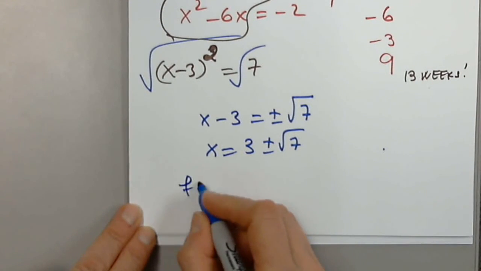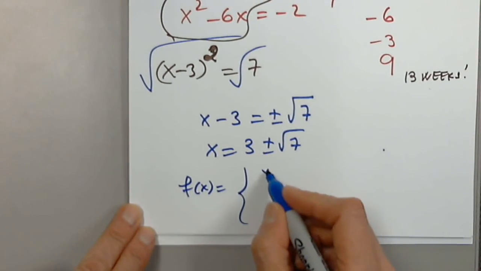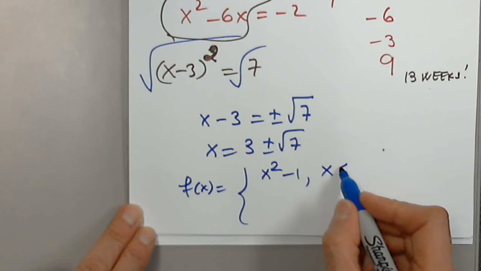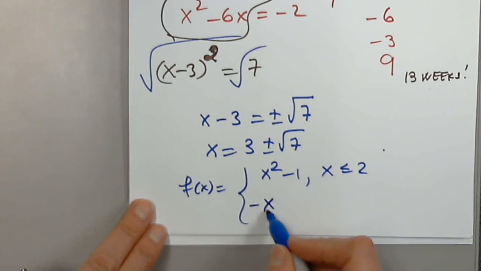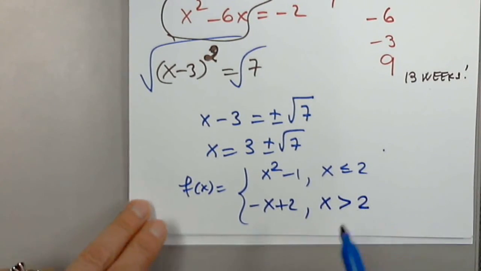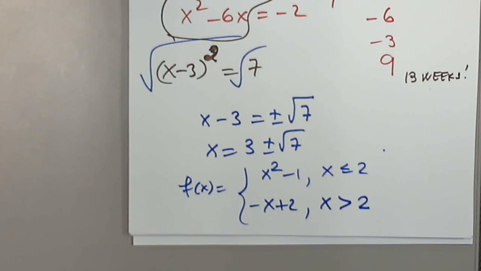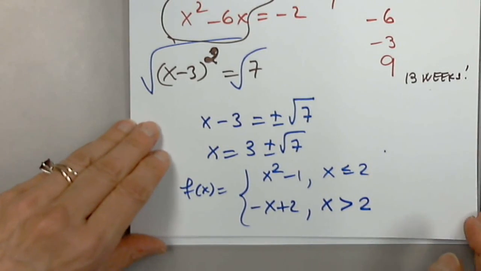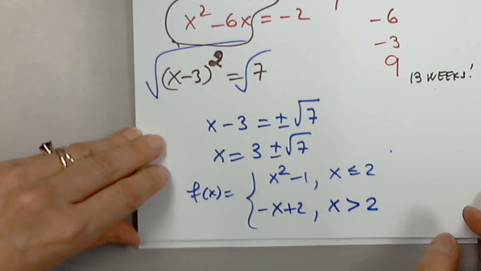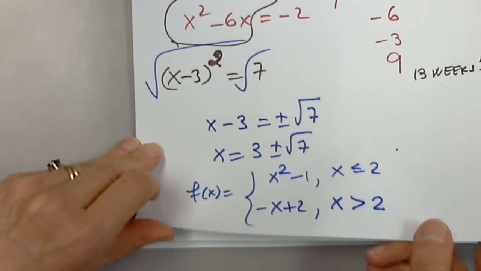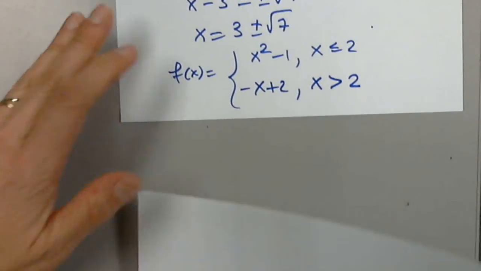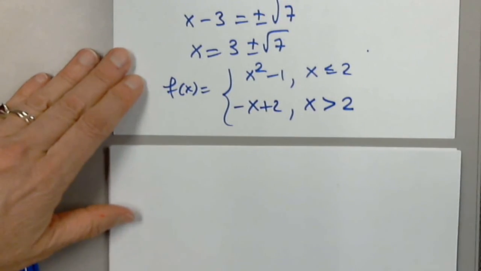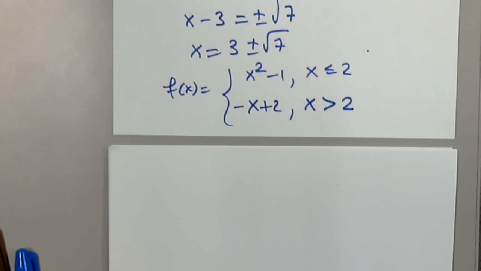Good. Here it is. x squared minus 1 for x less than or equal to 2. Negative x plus 2 for x greater than 2. This is a piecewise defined function. So what is the starting point? We're asked to graph it. So whenever we're asked to graph a function, what do we have to do